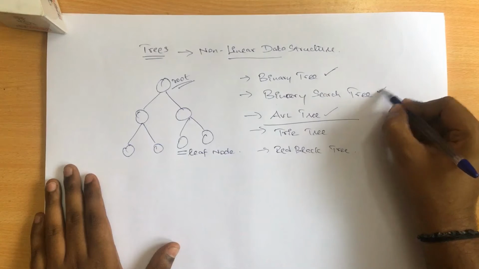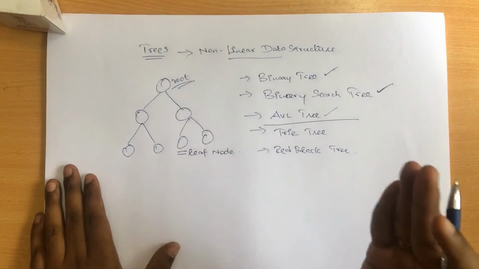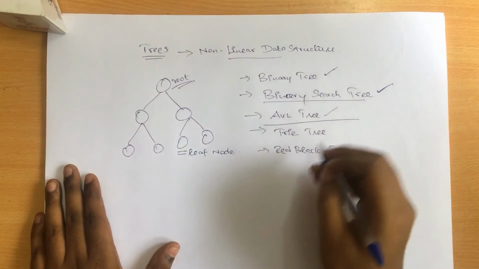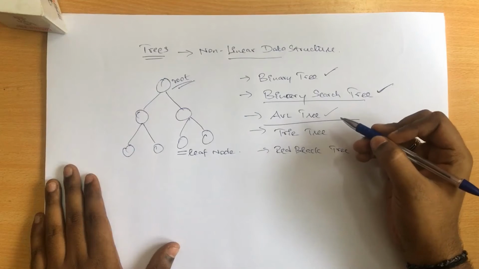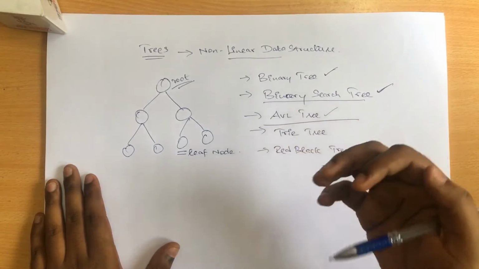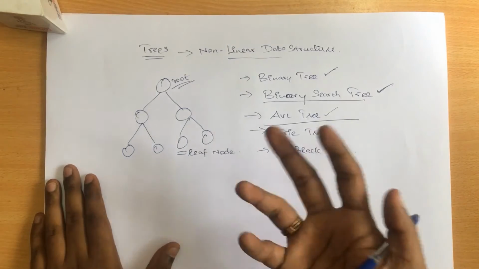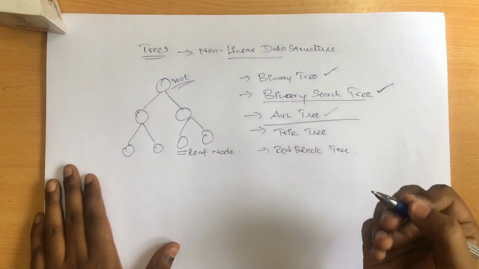Followed by that, binary search tree is one important thing, or you can say the most important algorithm you need to know about a tree structure. Binary search tree is the most widely used data structure when writing programs in competitive coding. Followed by that, we'll go with AVL tree, right? There are a few specialities about AVL tree that we'll discuss later in the same session. So now we'll focus on binary tree as well as binary search tree.